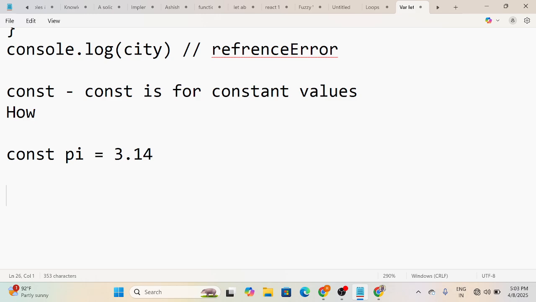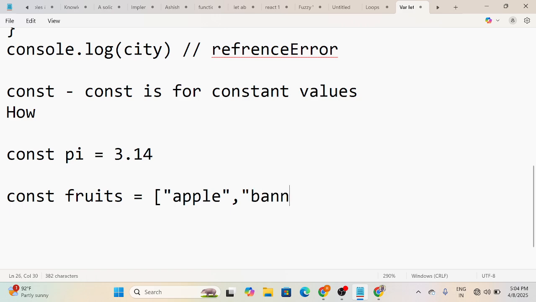Let's say I'm giving one example from an array: const fruits, with let's say apple, and then the second is banana. And if we do fruits.push orange,